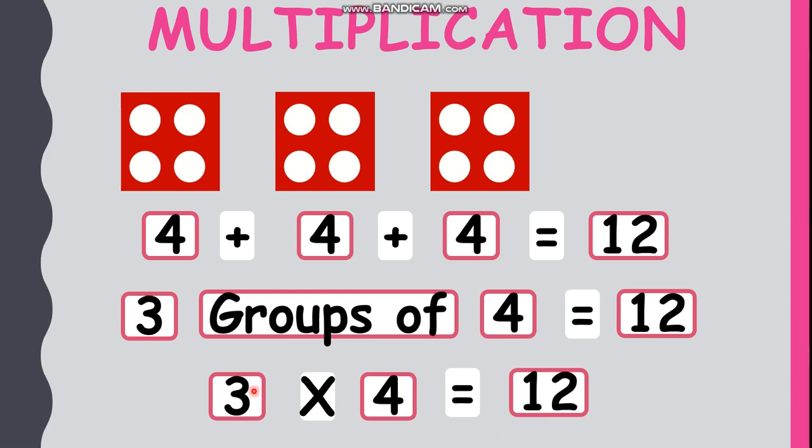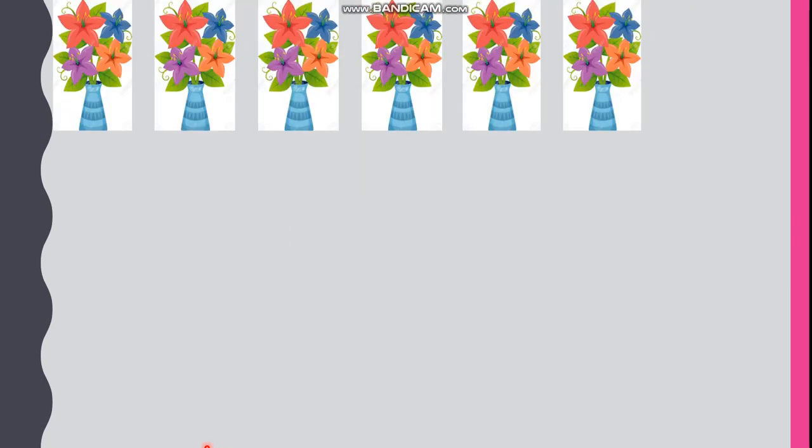Now can you see that? Which one is the quickest way? Yes, this way is the quickest way. And whenever we write our values in this way, what do we call it? It is called a multiplication sentence, and the symbol which we are using here is called the multiplication sign. Is this clear to everyone? Now let's practice with one more example.